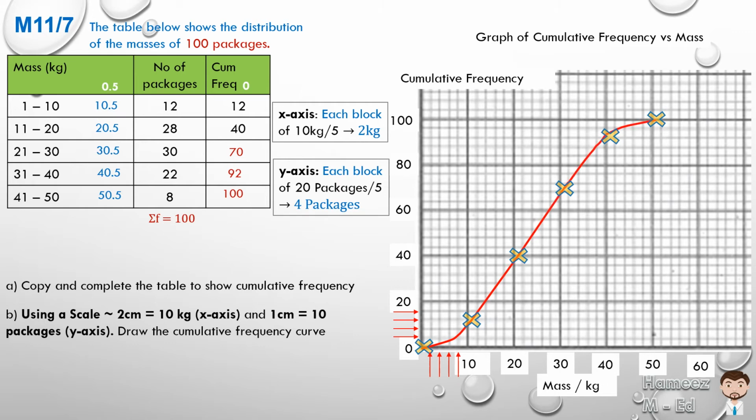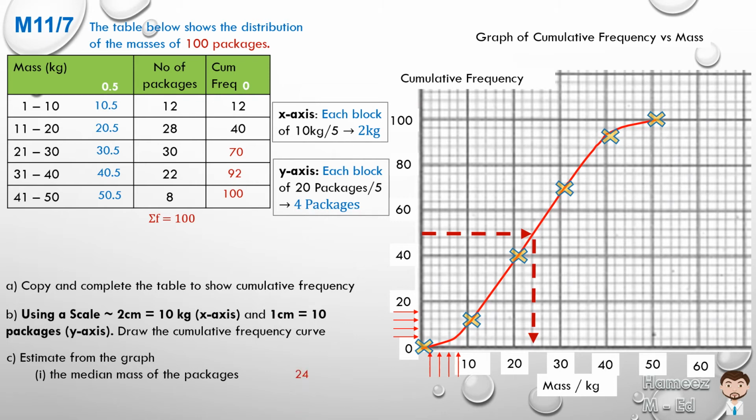Right? From there, part C asks us to estimate from the graph, meaning to work out part C, we have to use the graph to get it. So the first thing they're asking us for in part 1 is to find the median. The median of 100, the middle of that, is 50. So I start at 50 on the y-axis, draw a dotted line across in red, and where it intersects the curve, I now draw vertically downwards,